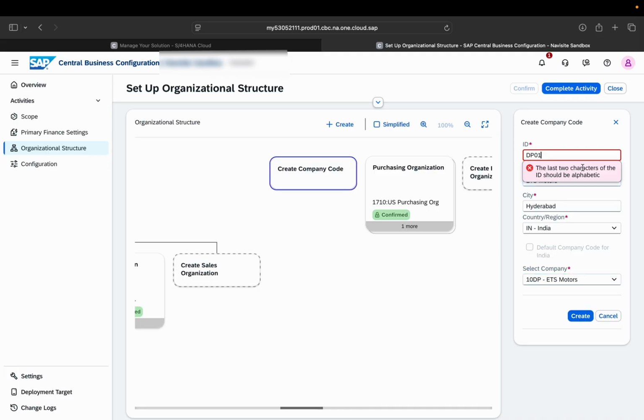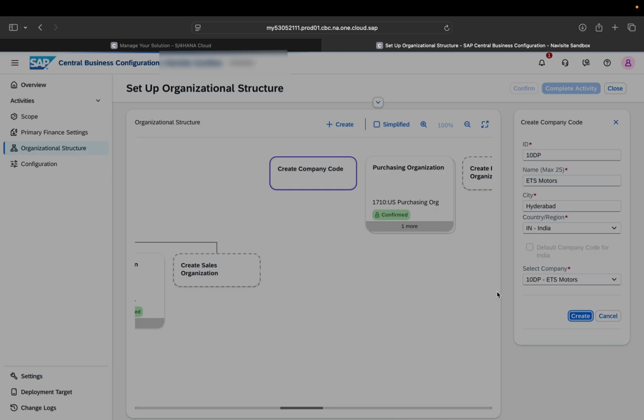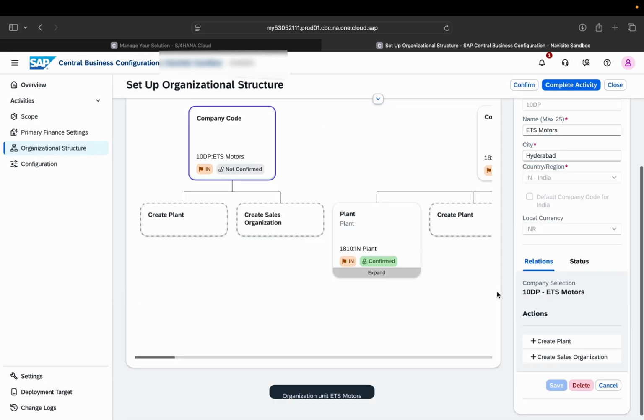Okay. At least 2 characters of the ID should be alpha. Okay. So let's eliminate this and we will give it 10DP over here as well. Okay. And let's click on create now. Once we click on create, what will happen? System will create a company, but you can see here the process is entirely different. It is showing as not confirmed. Okay. We need to confirm also, but